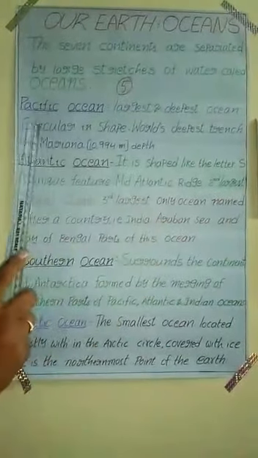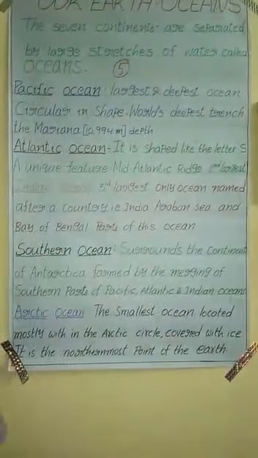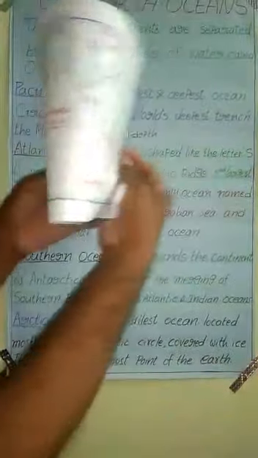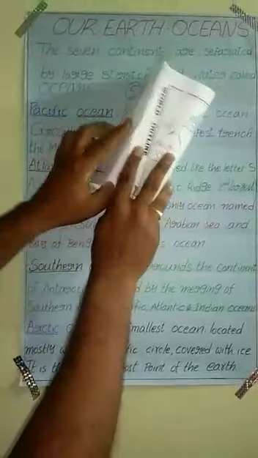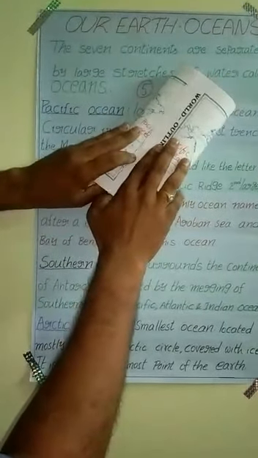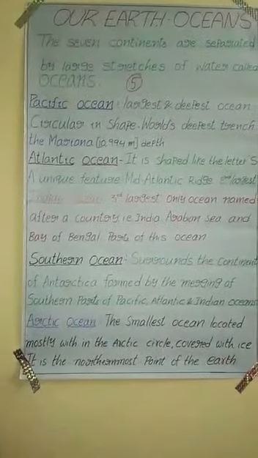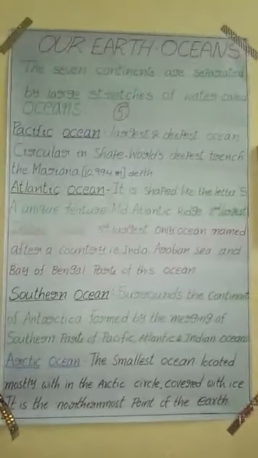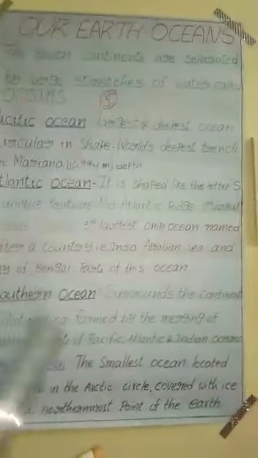And if you see, it is almost circular in shape. It means in the round shape. For example, if you fold the map like a circular shape, then if you see both sides, we will get the Pacific Ocean only. Isn't it? That's why Pacific Ocean is almost circular in shape, we can say. And it separates Americas from Asia and Australia. As I told you already, the Pacific Ocean separates Americas from Asia and Australia.